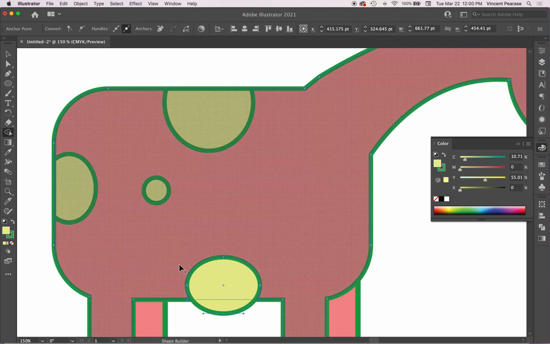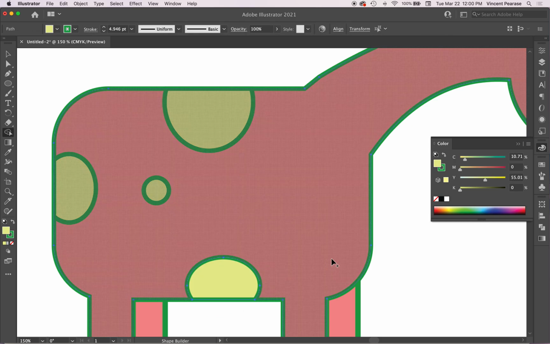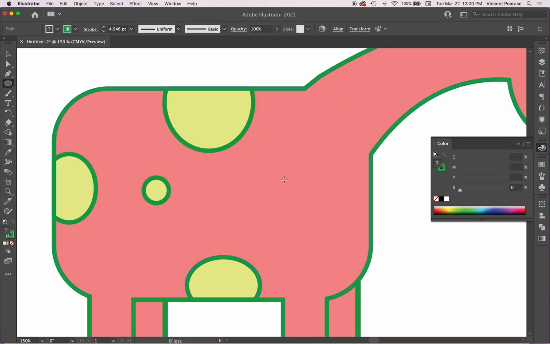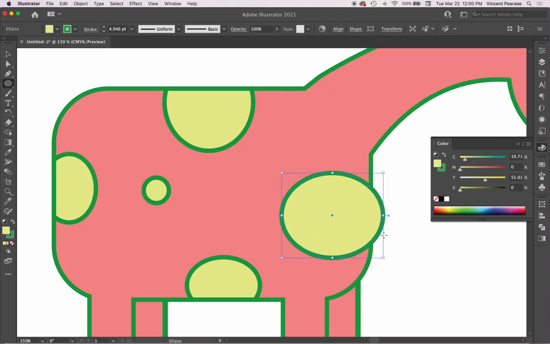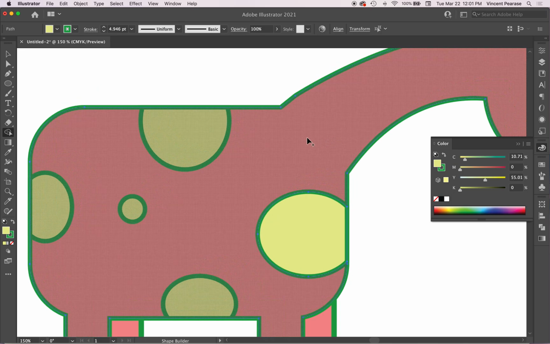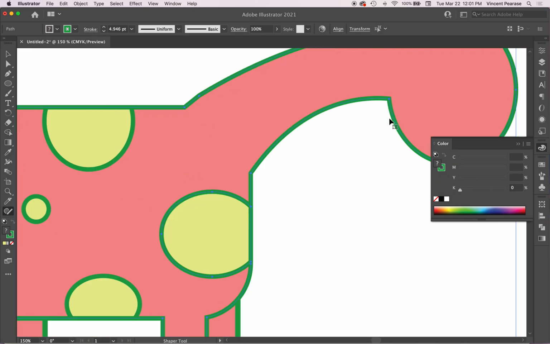Shape Builder, Alt, click. Okay. So maybe a big one in the front here. Selection tool, select the 2 shapes, and then Shape Builder, Alt, click, just like that. All right. So now for his face, I'm going to